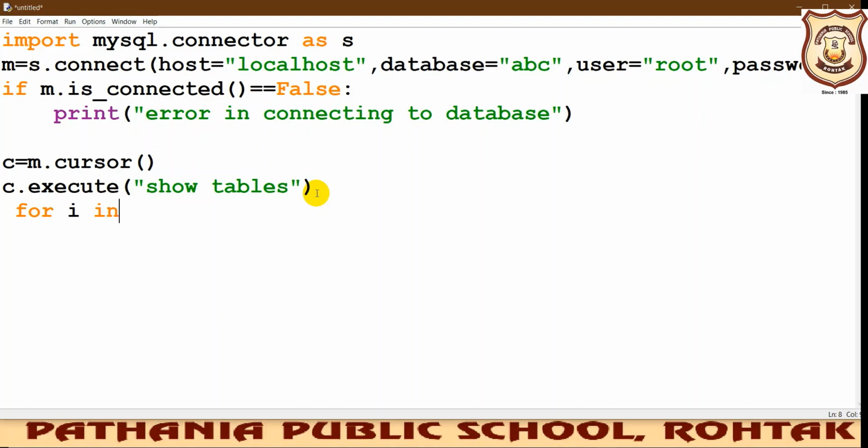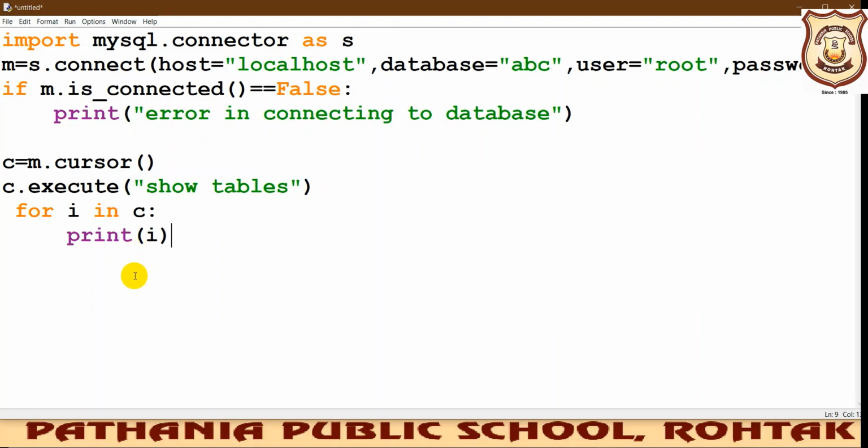So we'll be writing for C in C. Why C? Because this is my cursor object that will keep on indicating the next data that is available. Using this print statement, we will print the names of the tables.